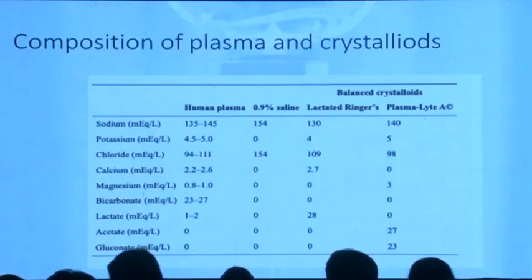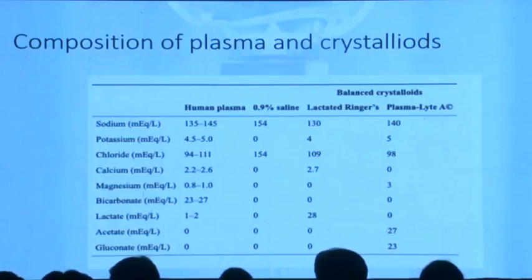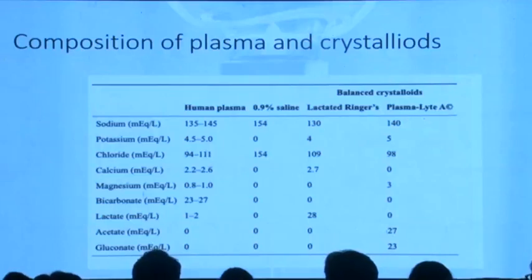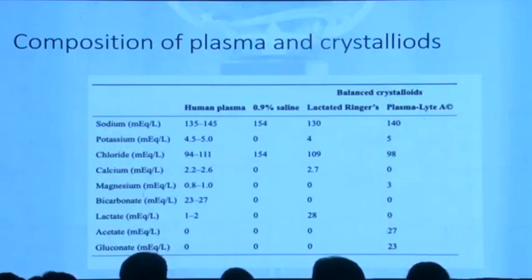And Plasma-Lyte concentration, if you can see here, it contains almost all electrolytes which are very close to the normal plasma. That's why it's called Plasma-Lyte, meaning like plasma. So if you want to give a large volume of fluids, 30 ml per kg or 40 ml per kg, if you give Plasma-Lyte, it causes decreased chloride levels, because if you see, chloride levels in Plasma-Lyte is only 98 as compared to 154 of NaCl, and moreover the Plasma-Lyte doesn't contain any lactate,